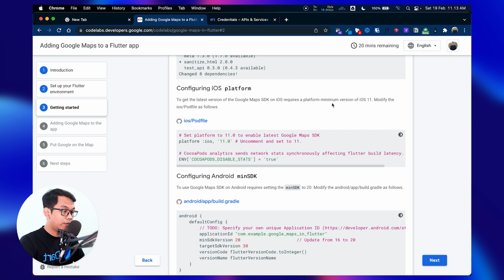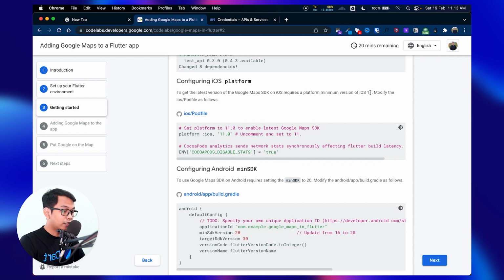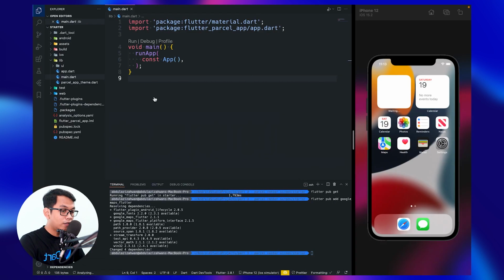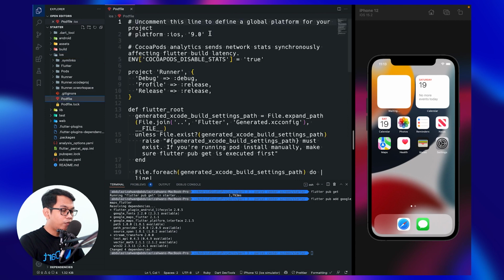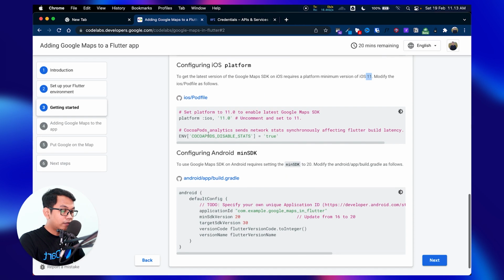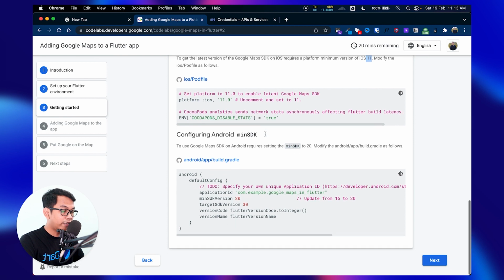The minimum version is 11. So we just need to go to our Podfile, which is in the iOS folder, and uncomment this line, change it to 11, and let's see the tutorial again. Yeah, it looks like this. Just uncomment and set it to 11.